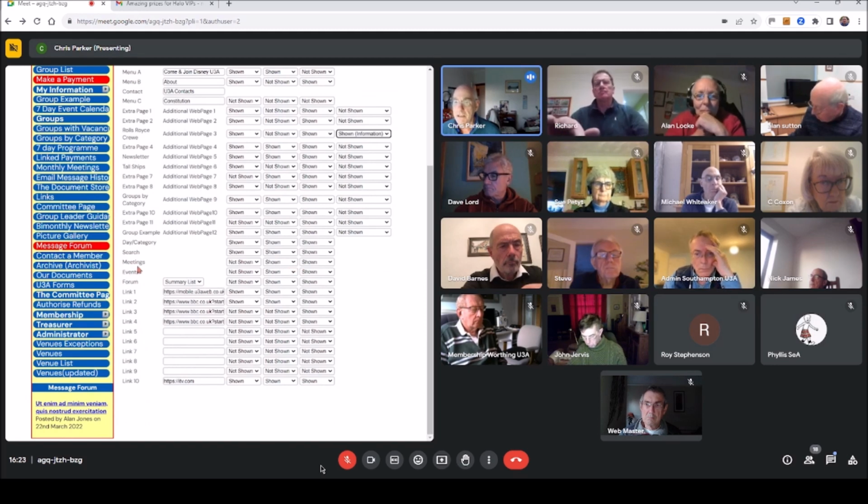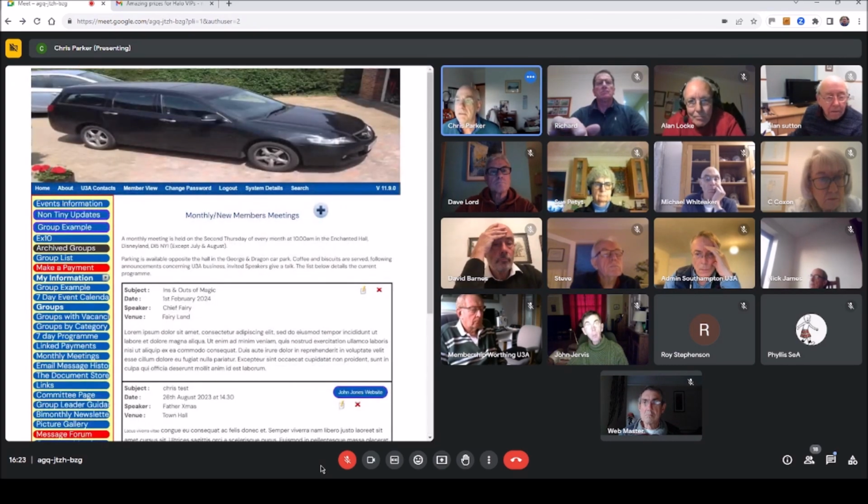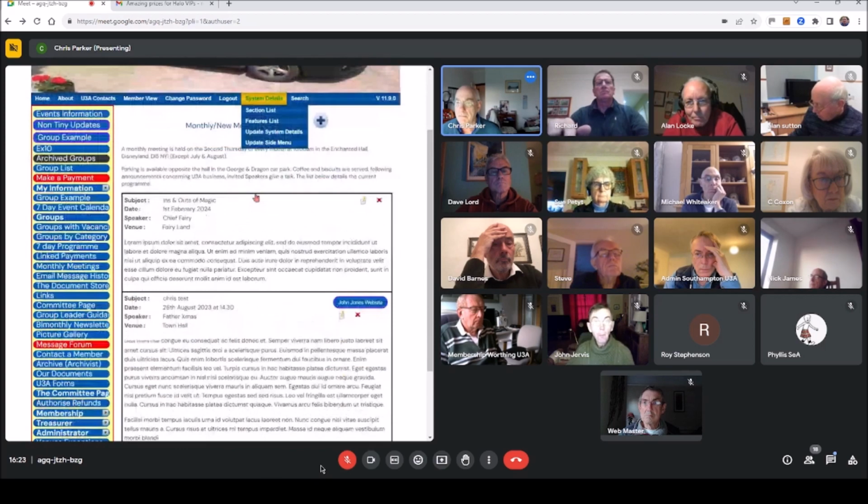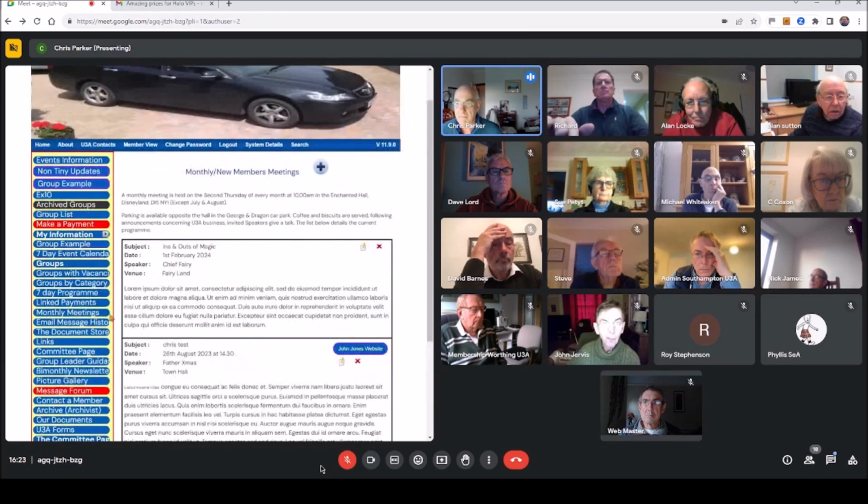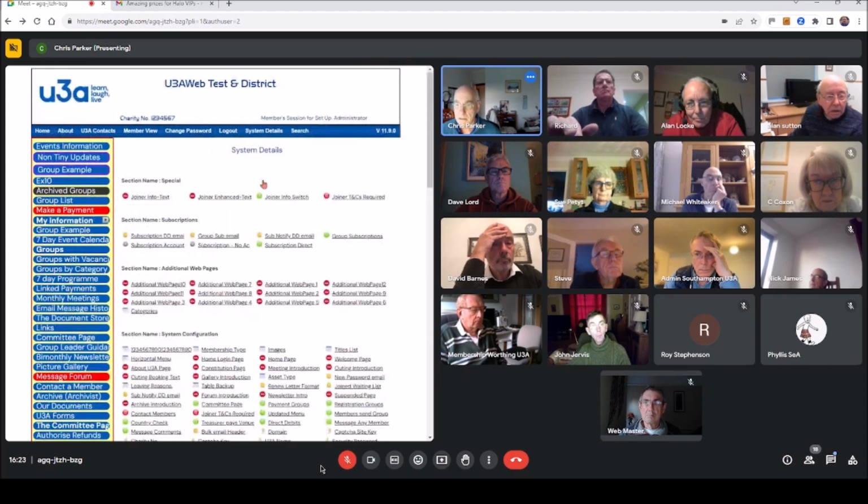But if you don't switch it on as a menu item, i.e., on this page here, you've got to have the menu item in the first item for it to be shown, and then you can decide to switch it off for visitors, if you like, or whatever you want to do. So that applies to both the events page and the meetings page.